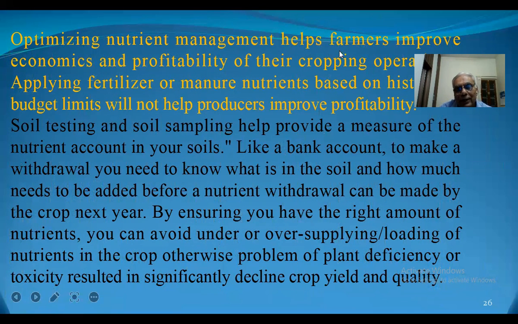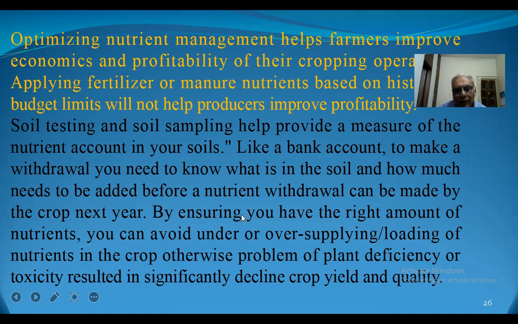Optimizing nutrient management helps farmers improve the economics and profitability of their cropping. Applying fertilizer or manure nutrients based on a history budget limit will not help producers improve profitability. Soil testing and soil sampling help provide a measure of the nutrient account in your soil, like a bank account. To make a withdrawal, you need to know what is in the soil and how much needs to be added before a nutrient withdrawal can be made by the